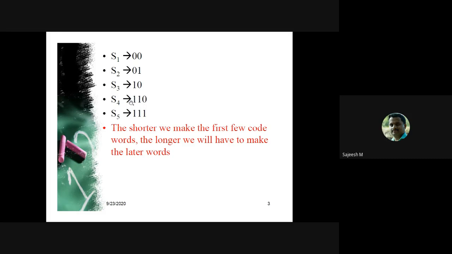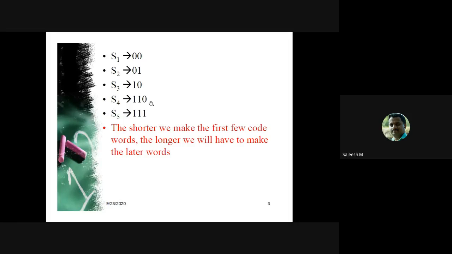Therefore from there we are assigning 110 as the code word to S4, and 111 to S5. It is for the same source alphabet, in which there are 5 source symbols, and we are assigning binary sequences, that is the code alphabet is 0 and 1, and we are constructing an instantaneous code.